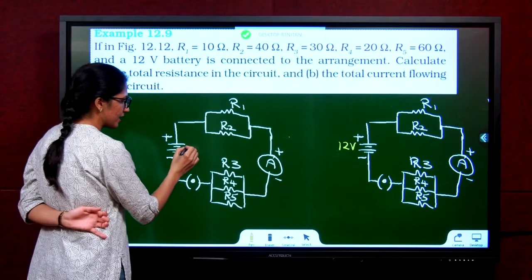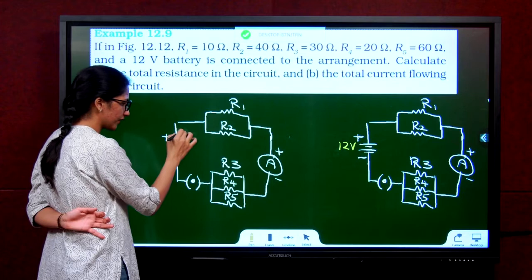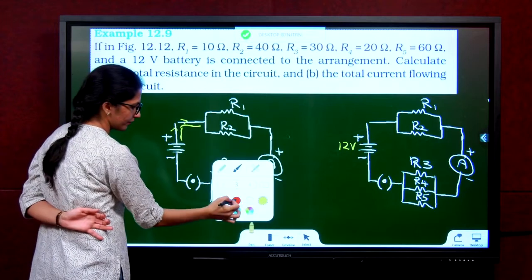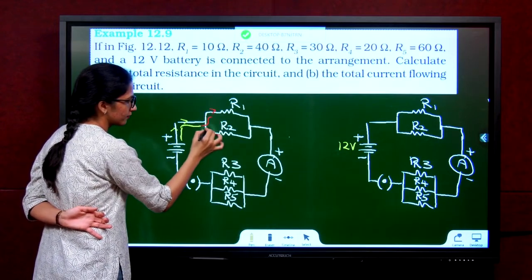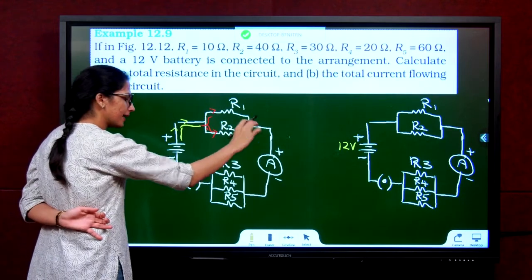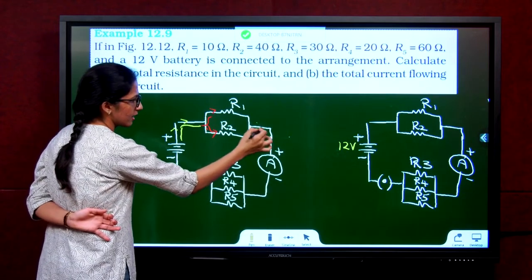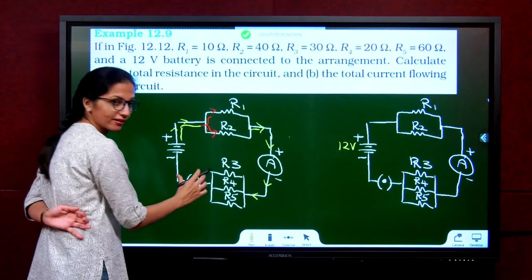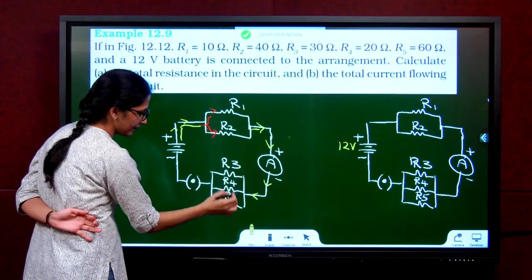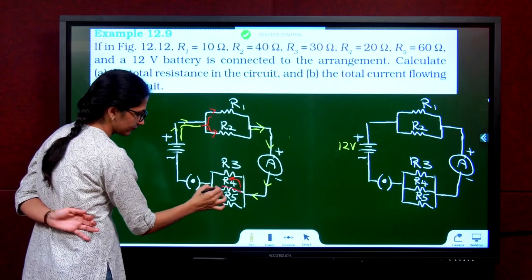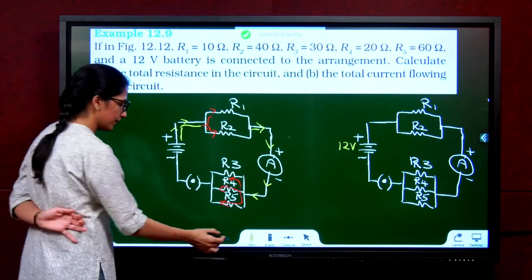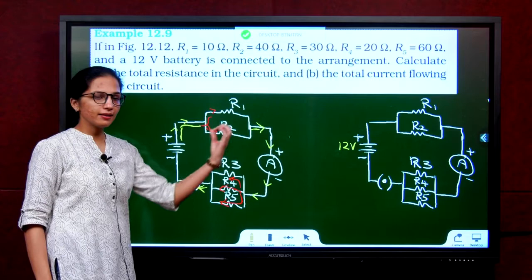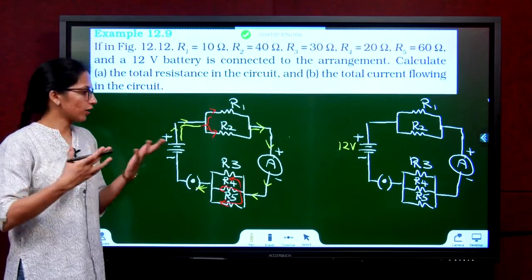Carefully listen. If there is current flowing here, it flows from this side. This current will get divided here, and will come back and join here. The same current is entering here also, and this is getting divided. Once again, it's coming back. For sure, I know this is in parallel, this is in parallel. What to do next, we will see later.